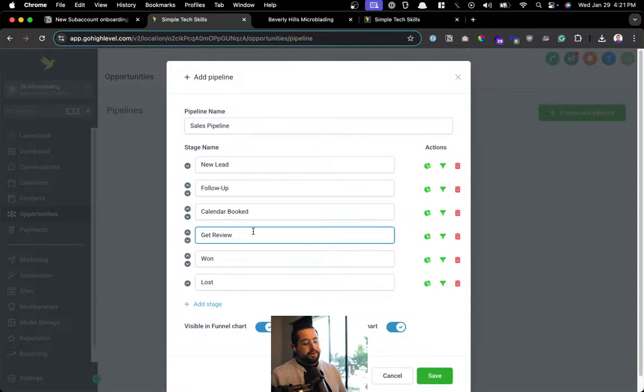Because another valuable thing with the businesses is after they've come in for their service and they've worked with the business, they got their haircut, they got the car fixed, whatever. I want the business owner to take it and move it to get review, so that it will tell the system, hey, they successfully came in for their appointment. Also,